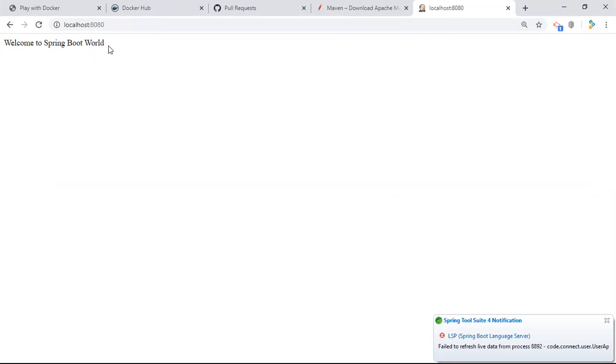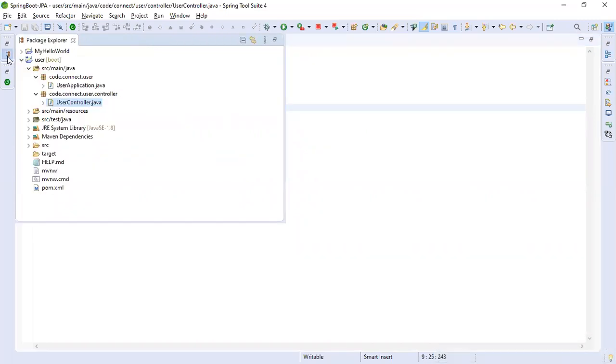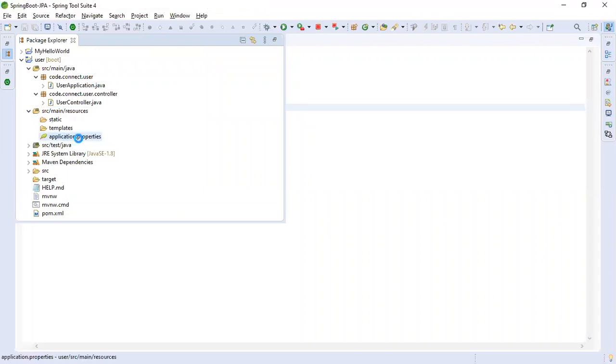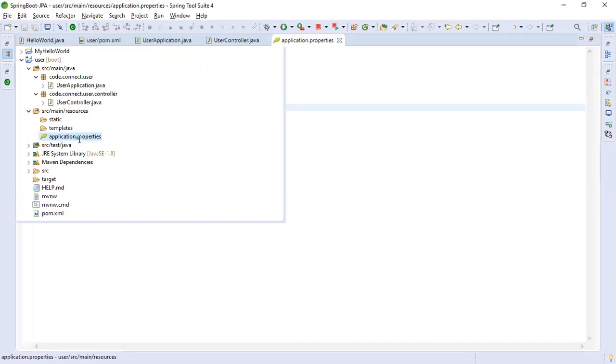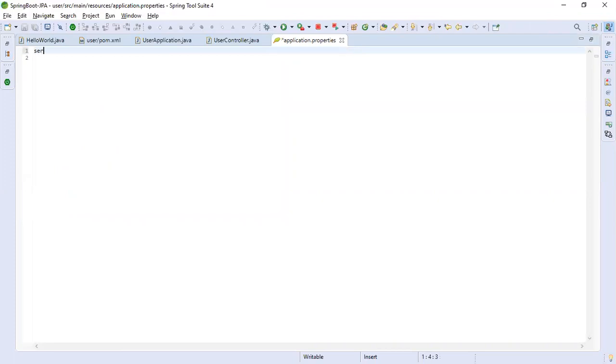If you want to change that port number, simply go to the resources folder. We have application.properties. In that one, we set server.port equal to 8085.